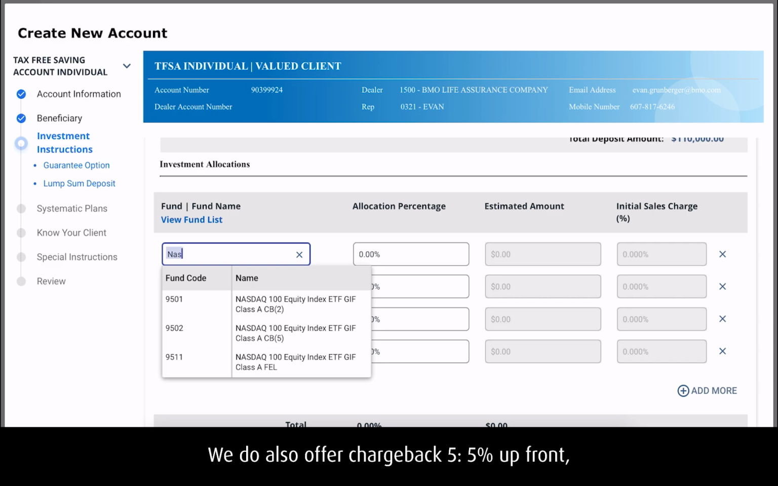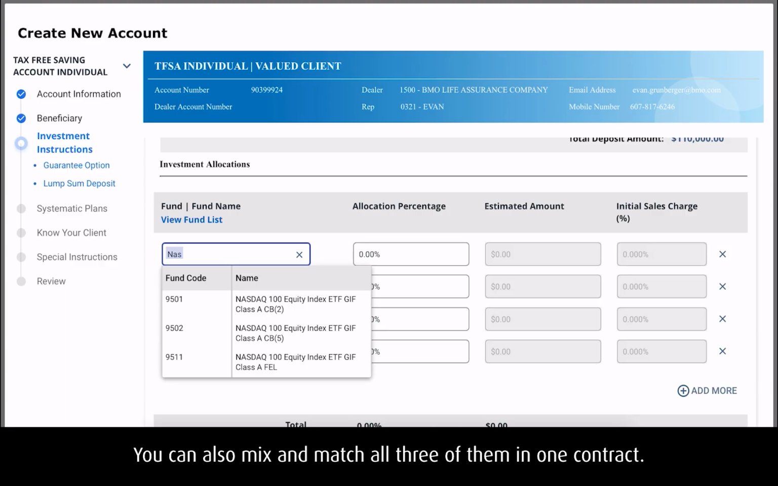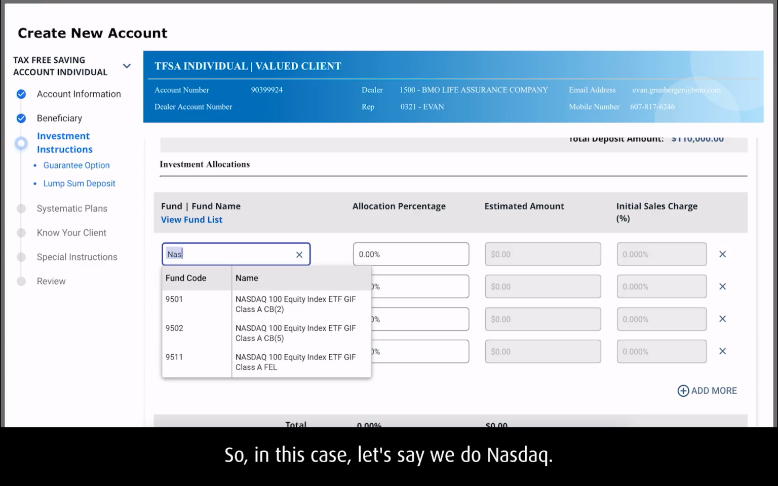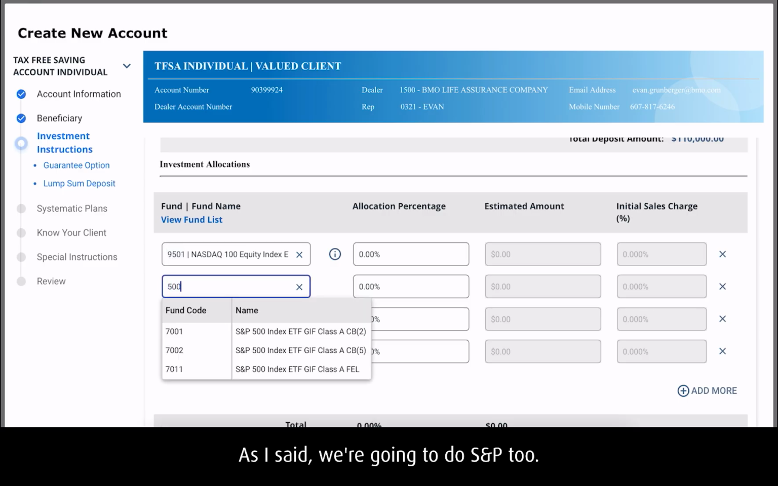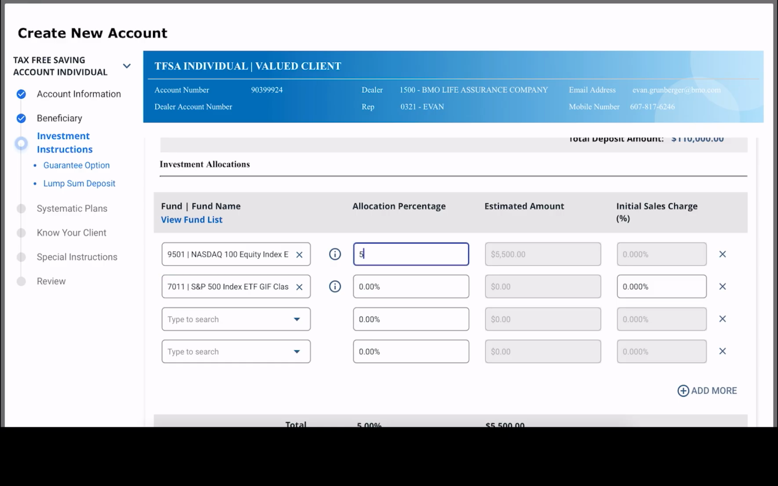We do also offer chargeback 5% upfront. You get half trail starting the 25th month, and then full trail at expiry, and then of course front end load. You can also mix and match all three of them in one contract. So in this case, we do NASDAQ. We do also offer the S&P 500 as well. So we're going to do S&P 2. So we do 50/50, half in the chargeback, half in front end load,